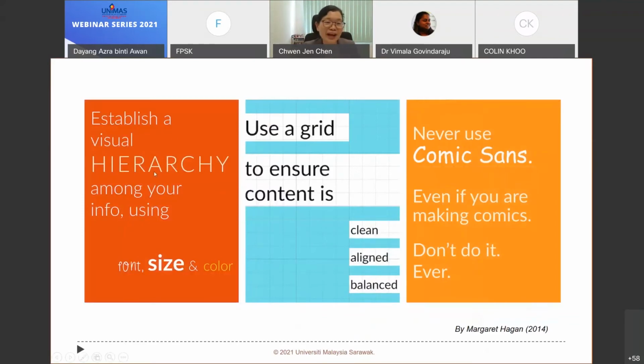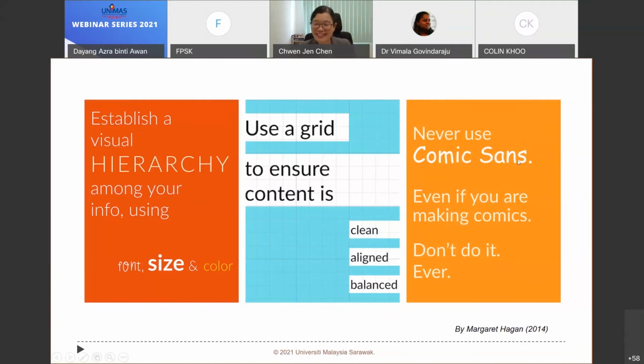Establish a visual hierarchy among your information, for example by using different font, different size, or different color. You make use of this to create the hierarchy, to let people see the structure, how you organize your materials. That's one thing. And use a grid to ensure the content is clean, aligned, balanced, and also never use a